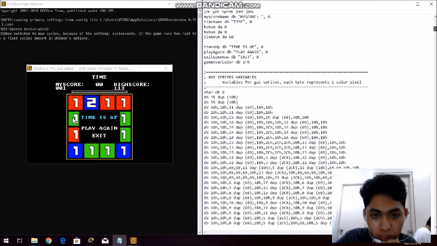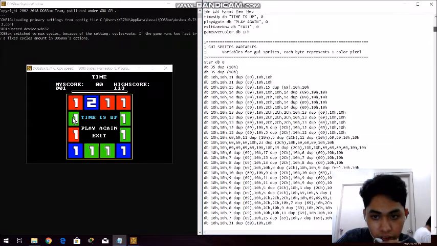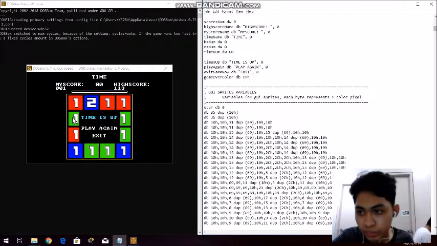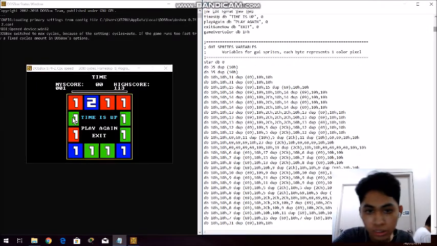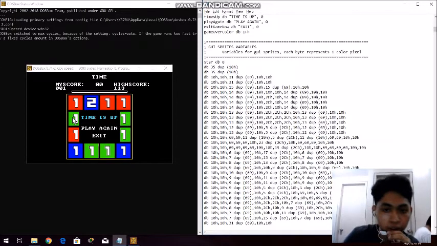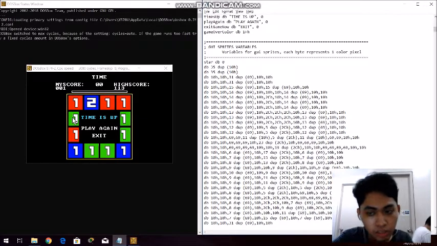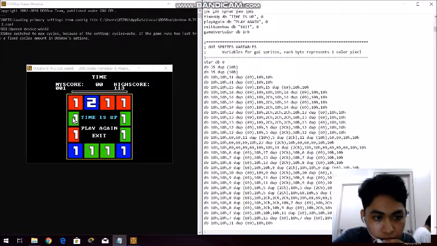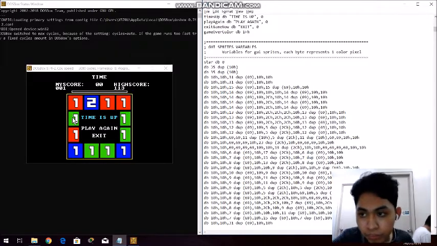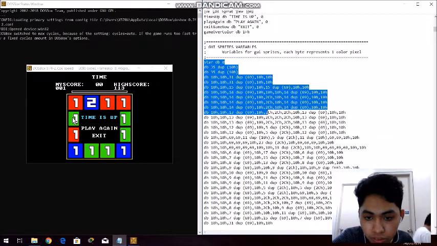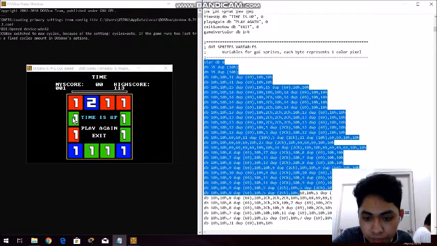And here, this long column is responsible for the graphic user interface sprites, or GUI sprites variables, and each byte represents a one-color pixel here. These colors, and yeah, and this is